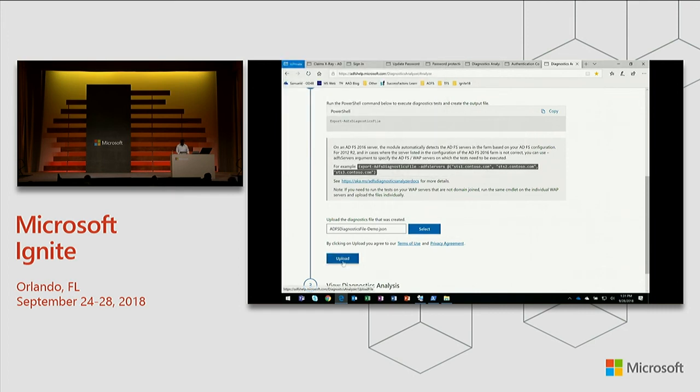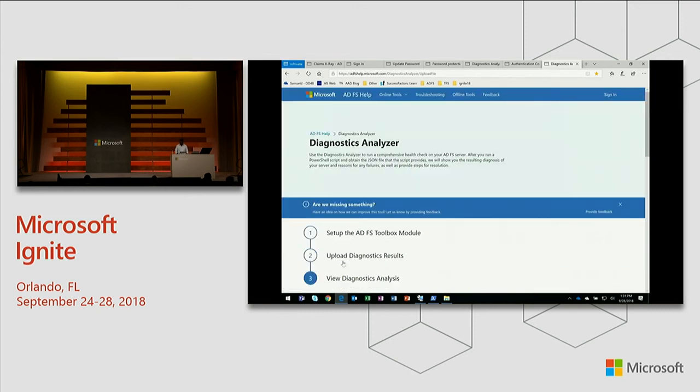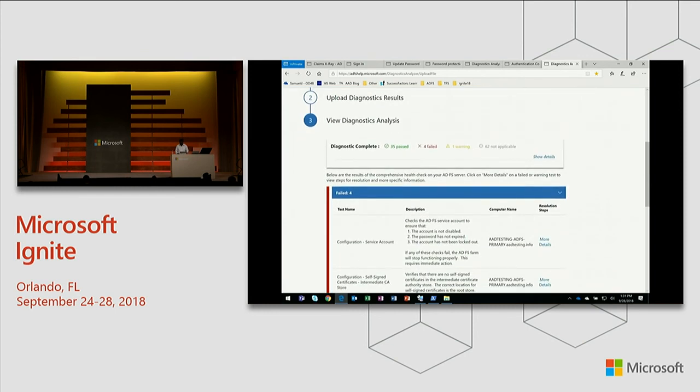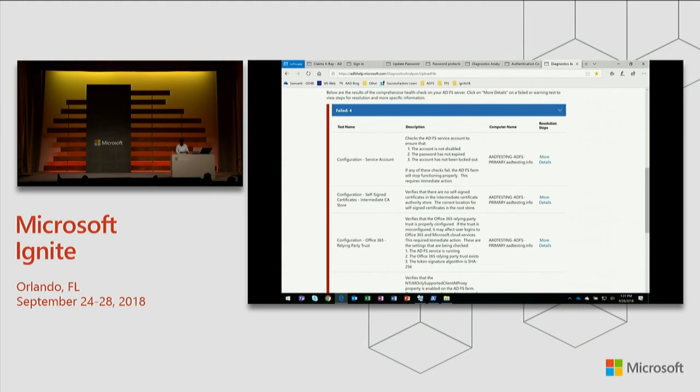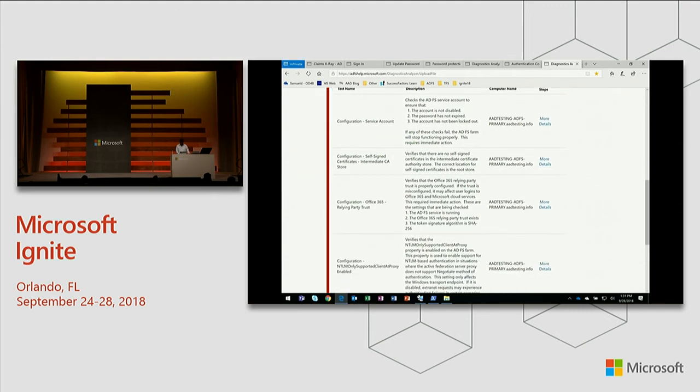and upload it. Now, what you get is that behind the scenes, based on all the data, we are running a series of tests and determining what needs to run, what doesn't need to run, what's passed and what's failed. And you already see 4 tests have failed. A good example here is the Office 365 Relying Party Trust failed.